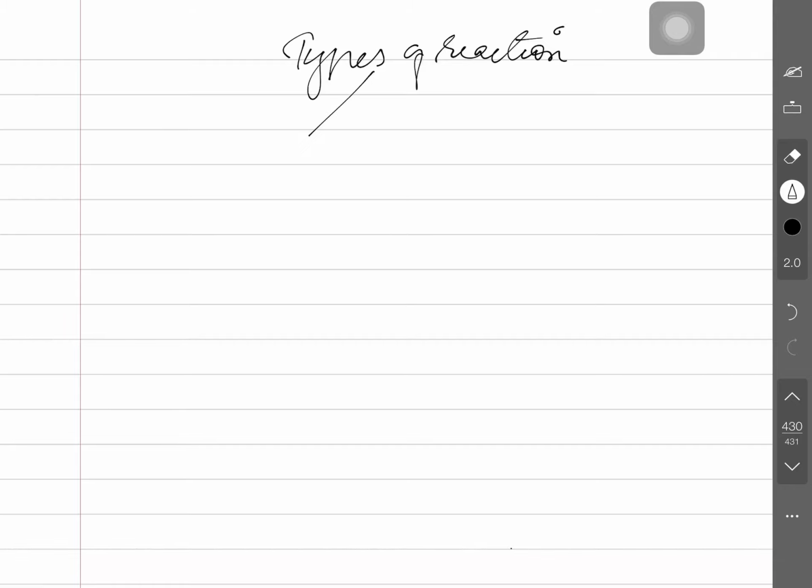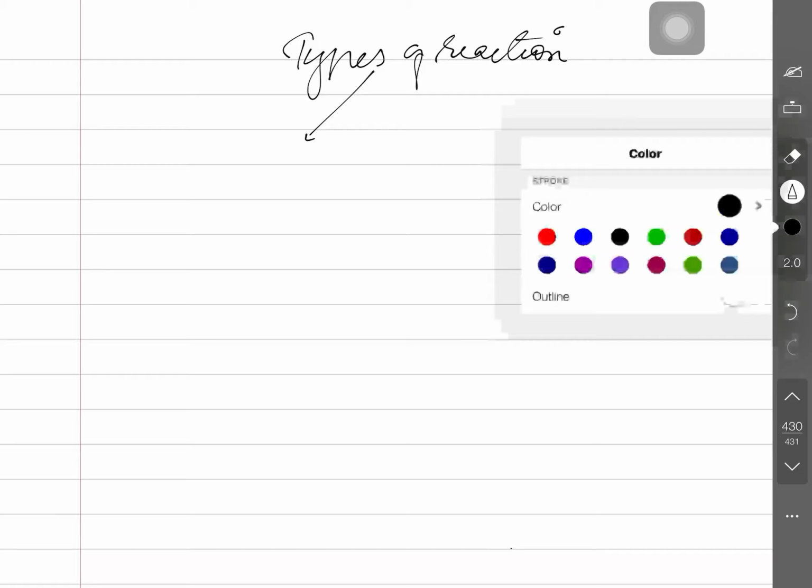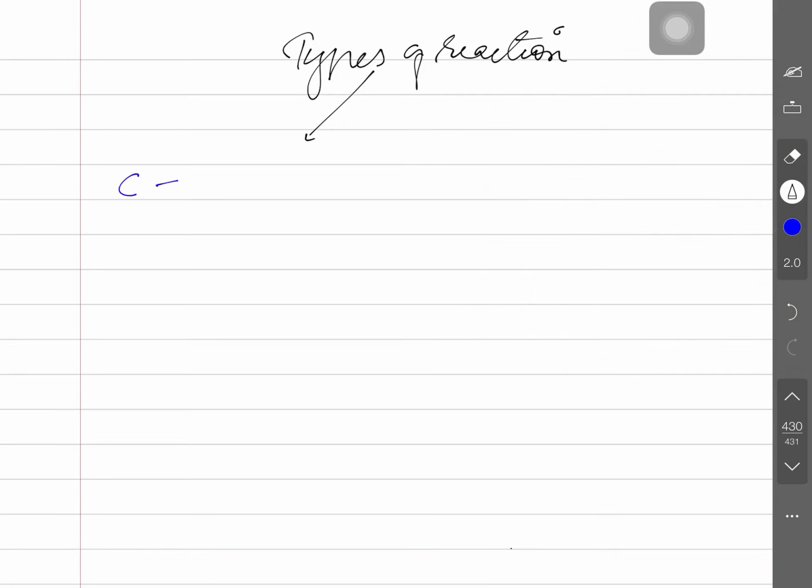So, types of reaction: the reactions are classified on the basis of what is happening. In some reactions heat is released, and then the reactions are said to be exothermic. If heat is absorbed, then the reaction is said to be endothermic. If a complex or bulky molecule is split into simpler ones, then this is called... So before starting that, I am just simply telling some simple types of chemical reaction. Is that clear?